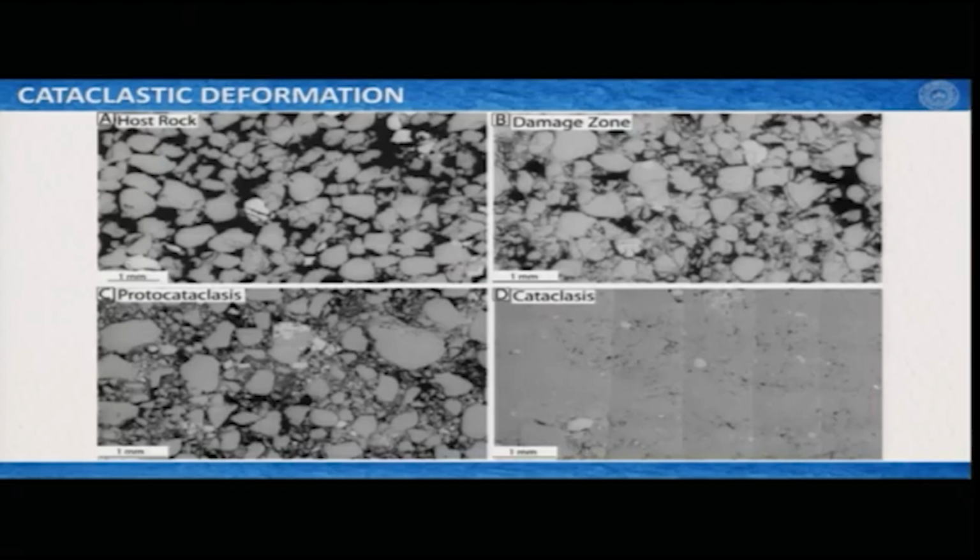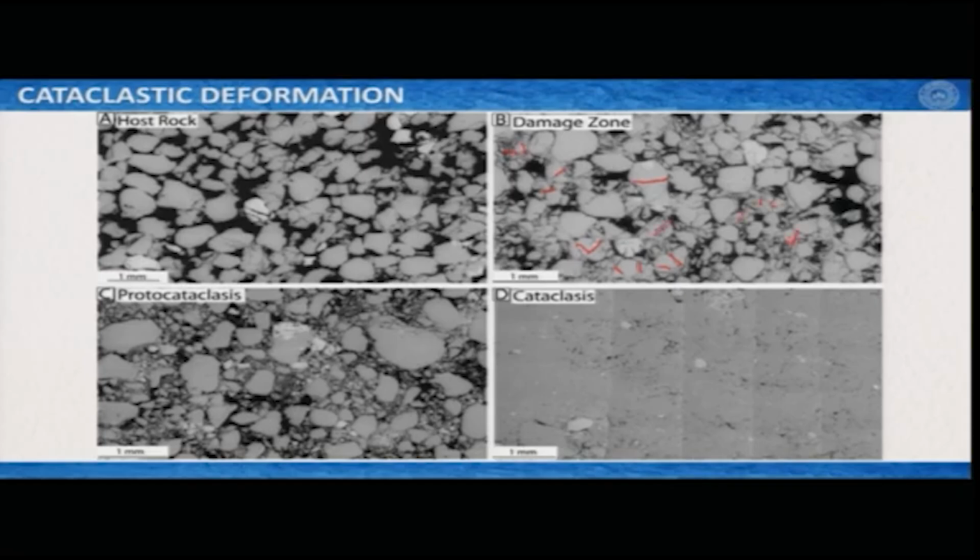Here is one very good microstructural study, scanning electron microscopy images, SEM images. So, this is the host rock, that is sort of undeformed rock. These grey areas are the grains and the black areas are your porosity. As you can see, when the deformation comes, then we produce some damage along the grains. So, you can see that these grains are getting fractured here, here, here heavily, like they are getting crushed,